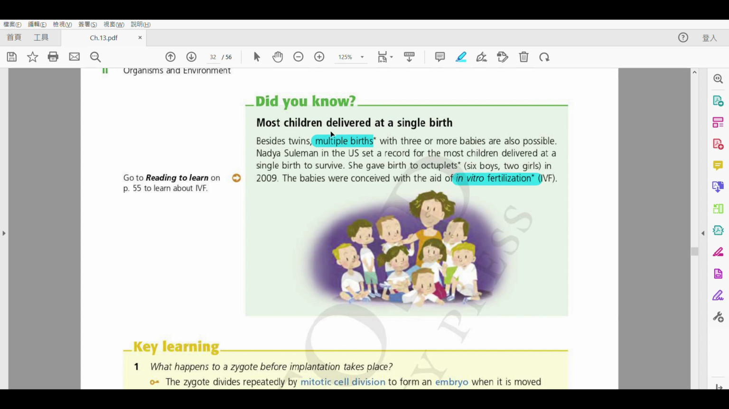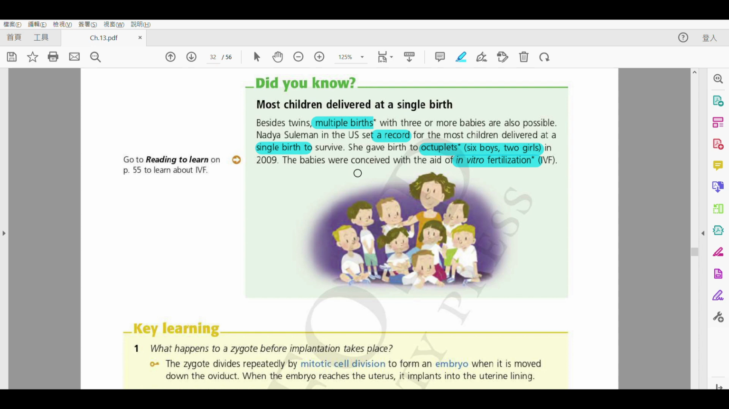So this is called multiple births, and there is a record that most children delivered in a single birth. She has given birth to 6 boys and 2 girls. Octo. Just like octopus, right? So octagon 就八邊形啦，octopus 就八爪魚啦，and this is octuplets 就8個 boys and girls 啊。OK，好啦，usually 就 why are there more than one children? Usually one of the reasons 就會係一個嘅 in vitro fertilization (IVF)，即係代表係體外受精。